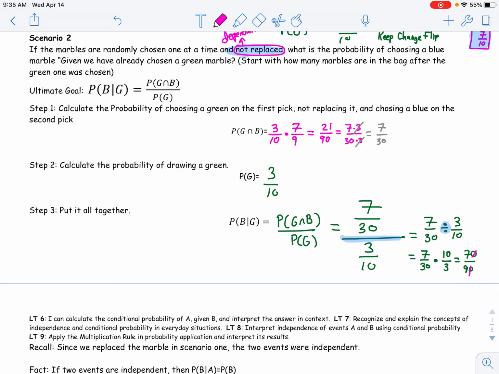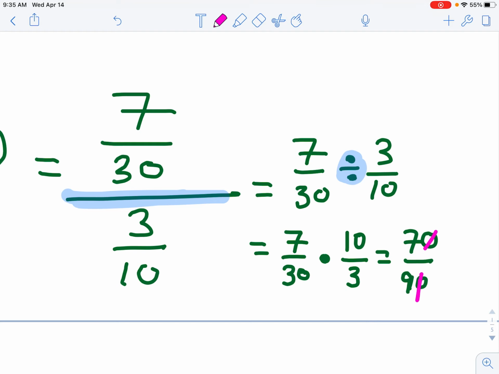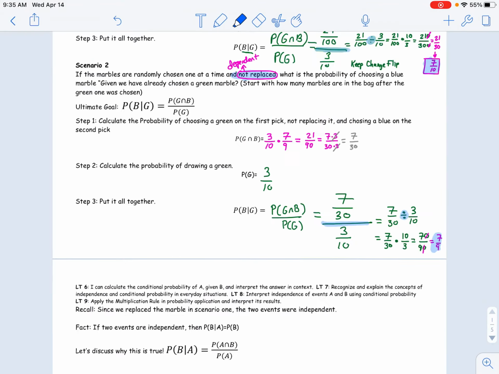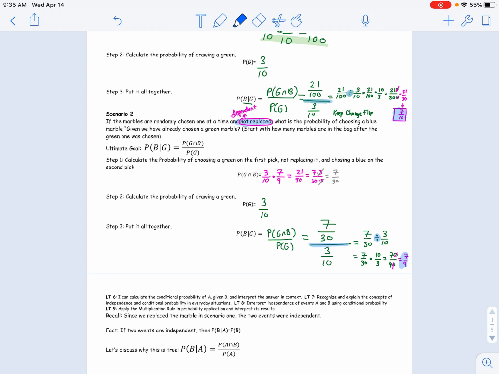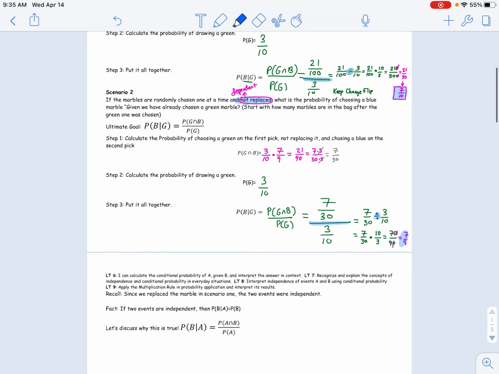All right, again, we could have figured this out quite quickly. That was 7 over 9. Let me rewrite 7 over 9. But it was more of just the process of coming to that conclusion. All right, and notice how it changed. We went from 7 over 10 to 7 over 9. Because one we replaced, one we did not. So